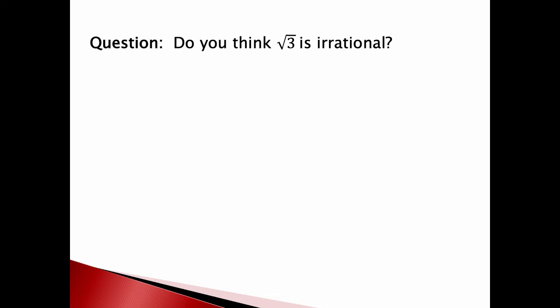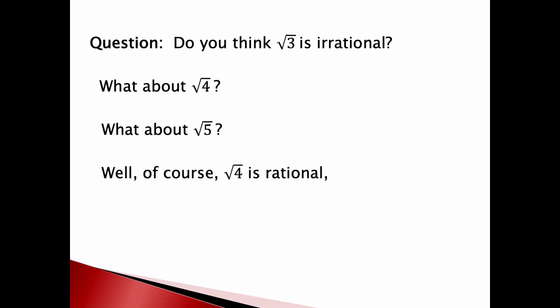Now, of course, we kept saying even and even and even over and over again because we were factoring out a 2, right? If we were dealing with square root of 3, you wouldn't want to factor out 2's and you wouldn't be saying things like even. You'd be saying divisible by 3. Right? What about square root of 4 or square root of 5? Well, of course, square root of 4, that's rational because square root of 4 is 2, right? That's 2 over 1.